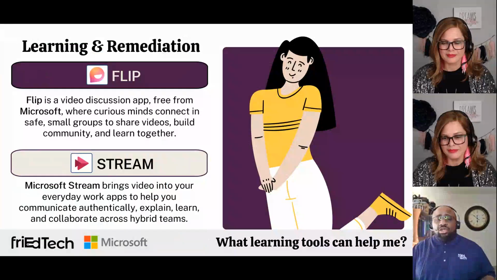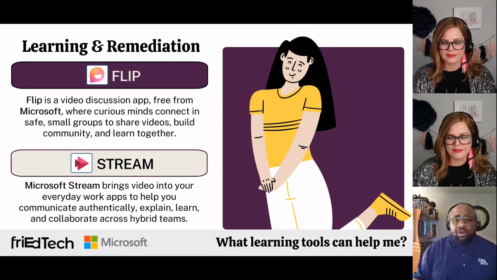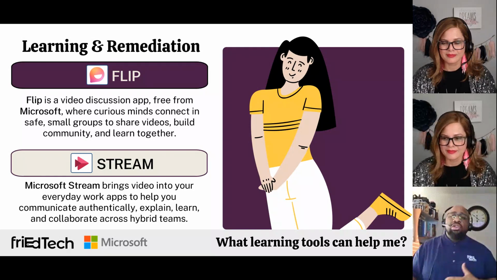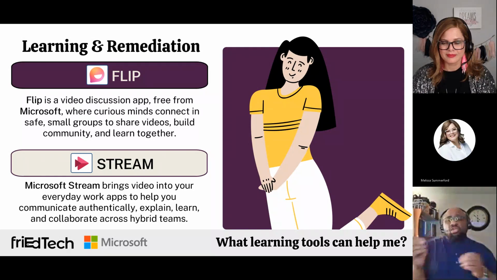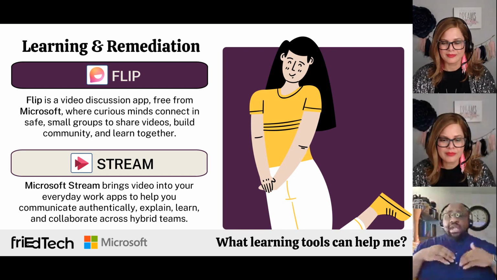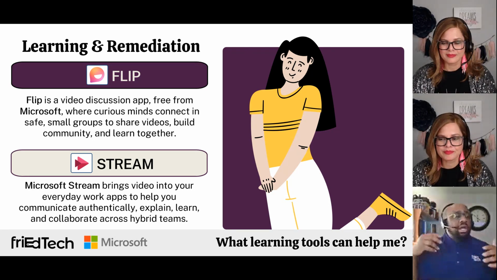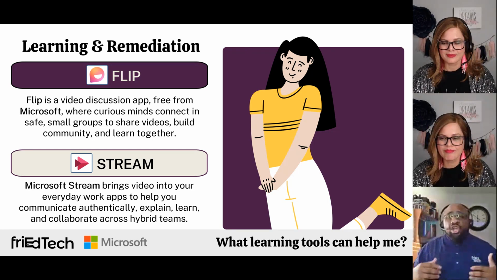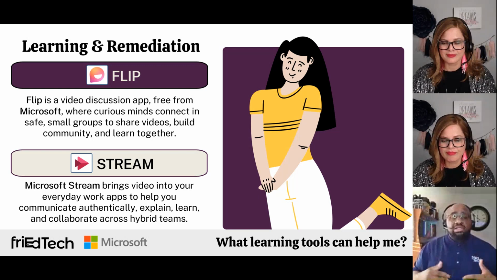Now I want to show you this. We're talking about Stream. We have about 9 minutes left, and Stream is very closely related to Flip. That's why we put Flip first, because if you get familiar with Flip or Stream, you can cross over to both of them and use them for different things. But what Stream allows you to do is use it without my having to create a topic or invite kids in. You can create a 15-minute screen capture, no more than 15 minutes,